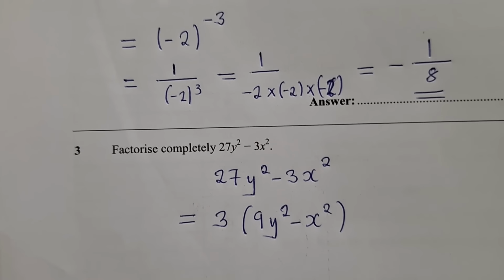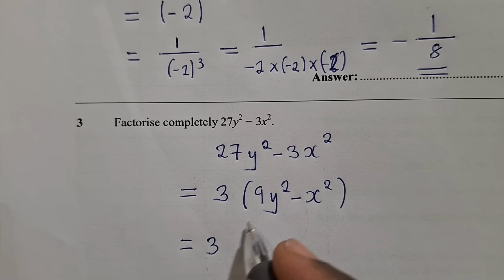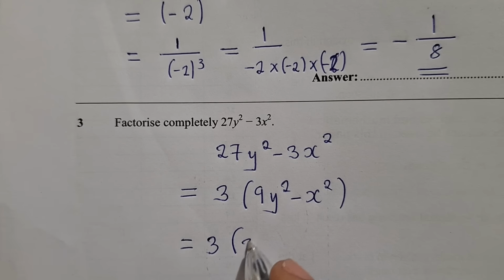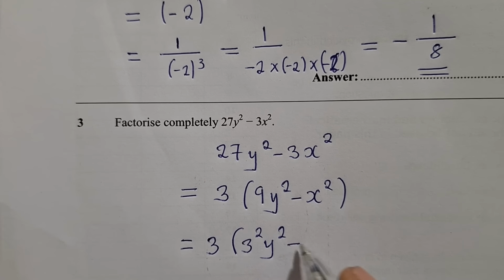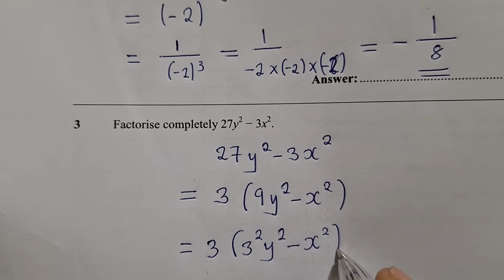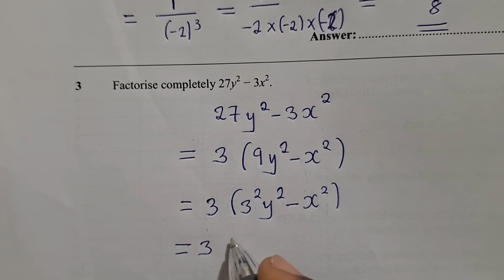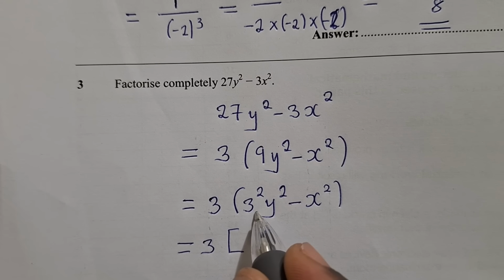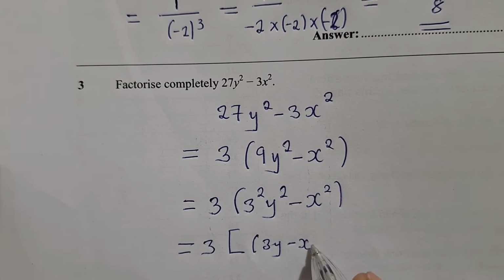The 3 is outside. At this point, we can say 3, and then we write this 9 as 3 power 2 multiplied by y power 2 minus x power 2. So here we are going to apply difference of two squares. So this is how it will look like. You get all the bases without the powers. So 3y minus x,